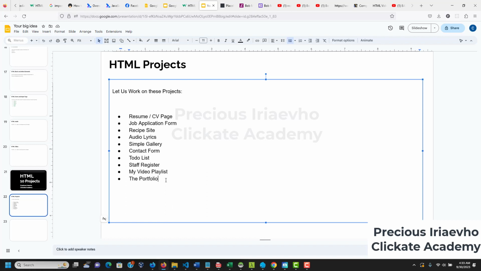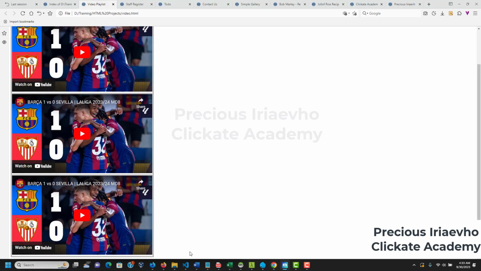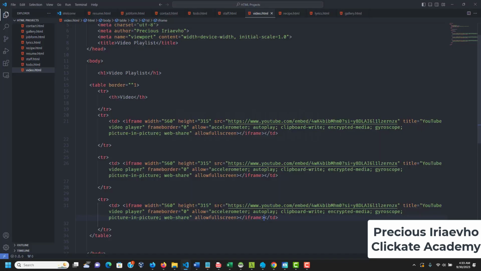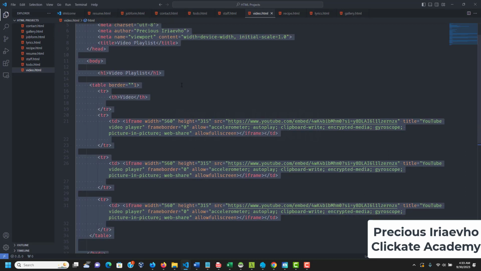And last but not the least, the portfolio. So the portfolio is basically a list of all the projects we've created. We're going to create a link to each one of them. So let's see how we can do this. So I'm going to copy all this, and I'll call this